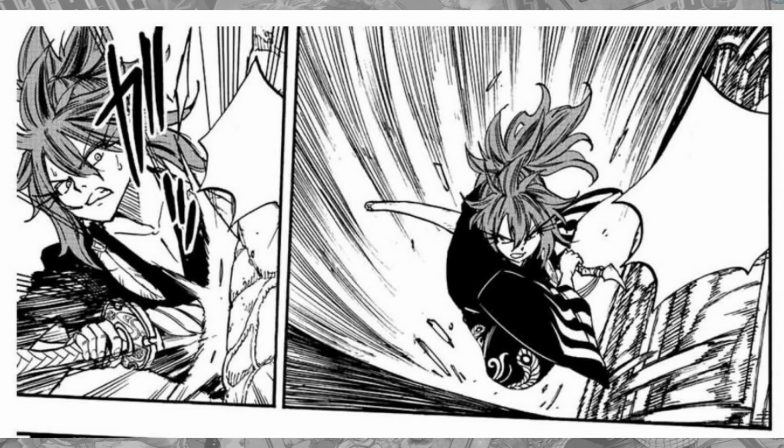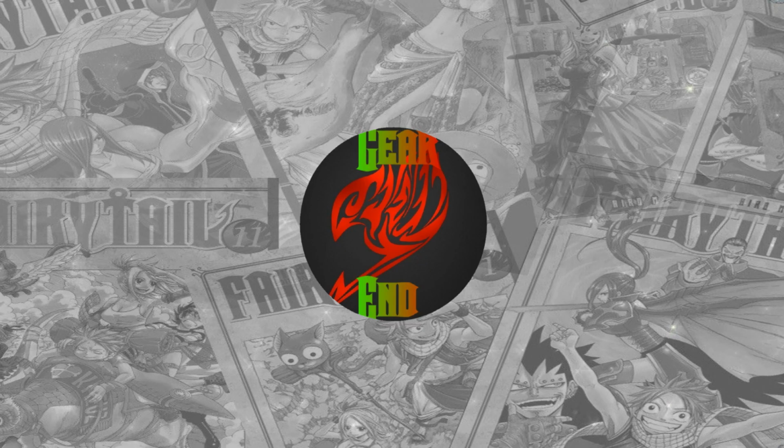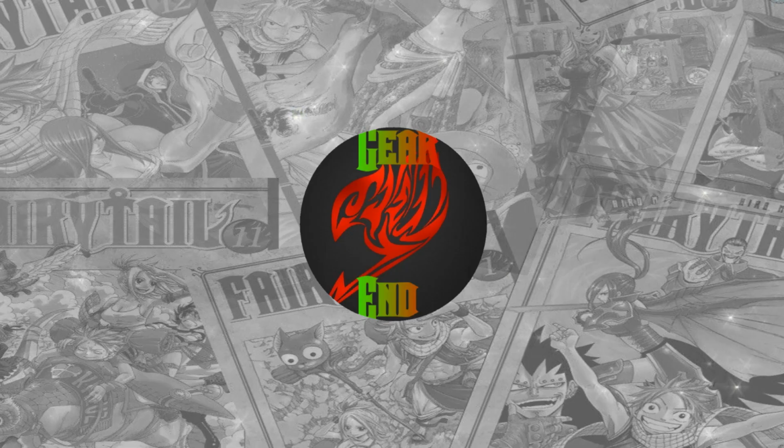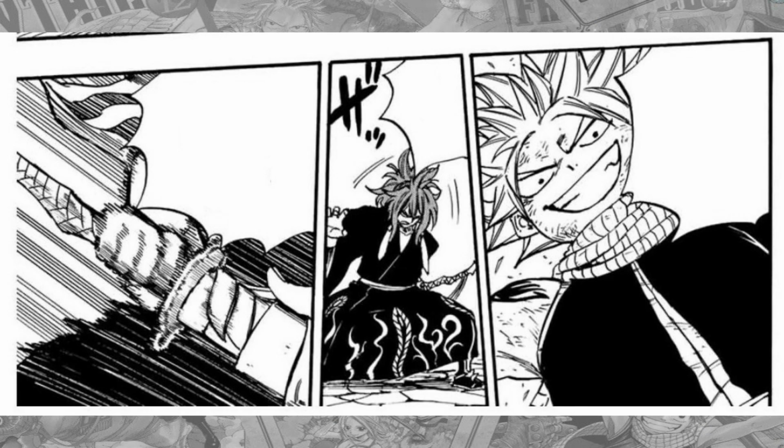Then Suzaku tries to launch another attack by unsheathing his sword, but something happens. What happens? Well, before he can unsheathe his sword fully, Natsu attacks him with his legs. He gives him a right kick to the face, and Suzaku just goes flying backwards. And as he is flying backwards, he tries to regain his balance, and as he does, Natsu's got a smirk